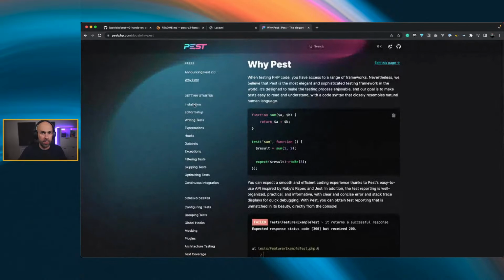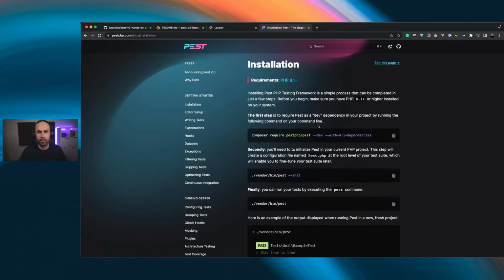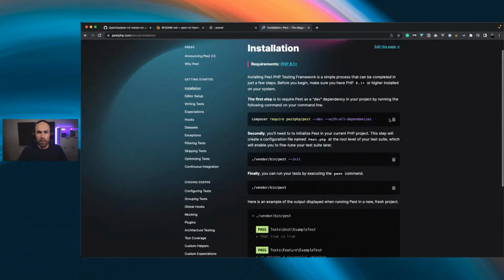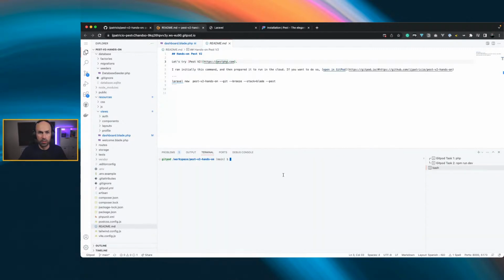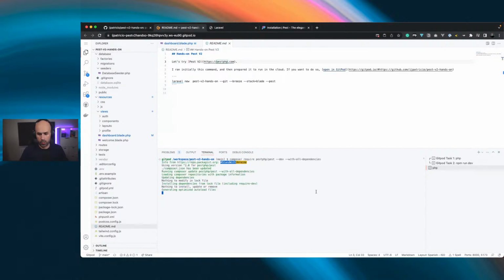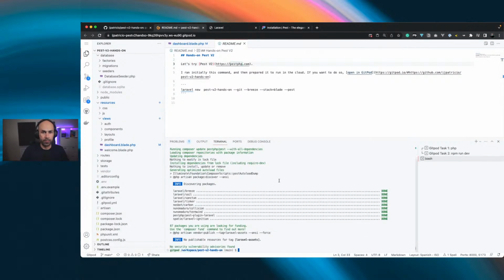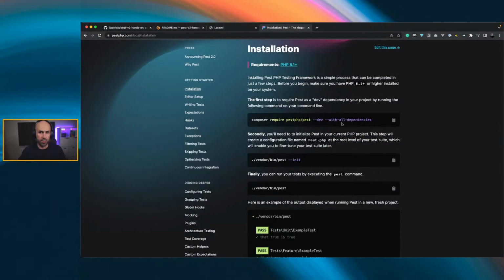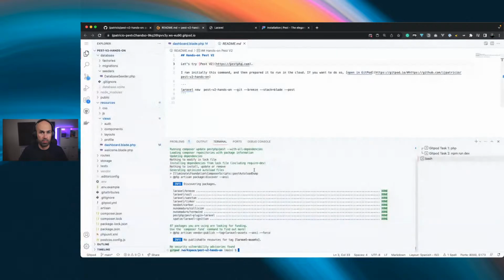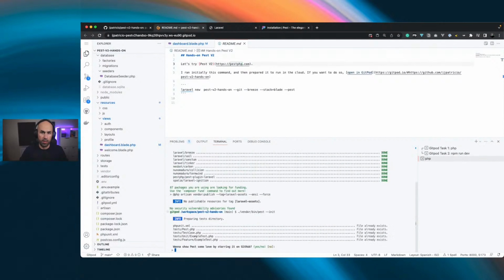Okay, so let's jump into the installation, and let's do it over here in Gitpod. It can be no problem. I'll just open a new terminal and I will allow pasting. Okay, cool. Good, we already have Pest installed in the vendor dependencies folder, which is vendor. Yeah, I'll just run Pest init,